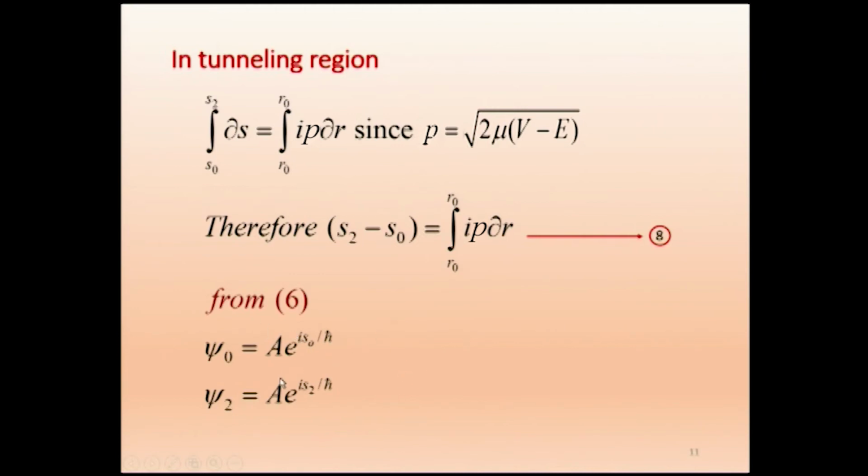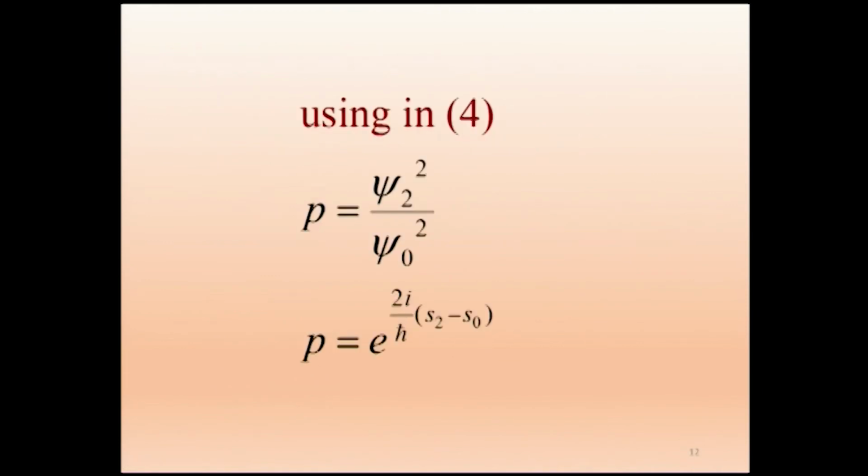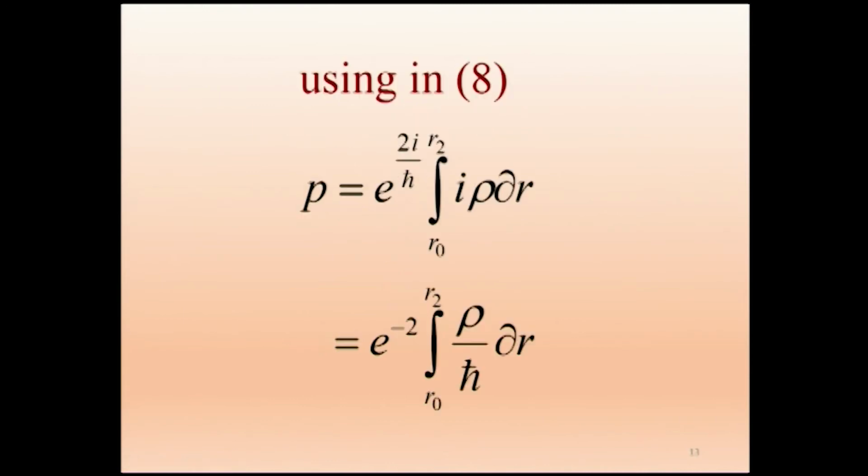See this squared by this squared. So the a will get cancelled. I will be getting this quantity, this quantity. So the e power this minus this, a will get cancelled, and so psi 2 squared by psi 0 squared. You just see, I will be getting the next equation. This one will be getting S2 minus S0.